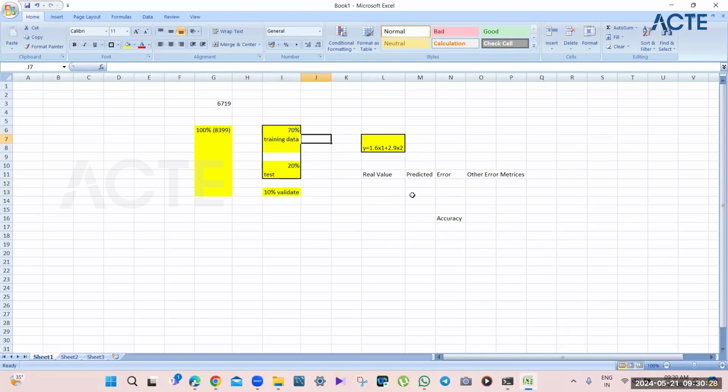So just understand this. Training is for model development. Testing is for model evaluation. And this is for model performance, how the model is performing. These are the three key things of a train test split. So once this part is done,